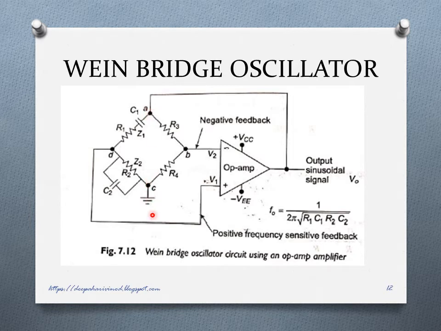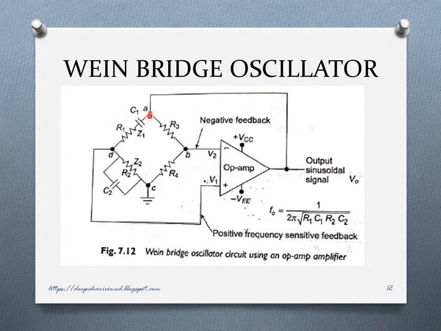One other point is grounded. The bridge circuit output at points B and D provides the negative and positive inputs to the op-amp. B provides the negative input to the op-amp and D provides the positive input to the op-amp, and the output signal is connected to point A and C is grounded here. So here, neglecting the loading effects of op-amp input and output impedances, the analysis of the bridge circuit results in,